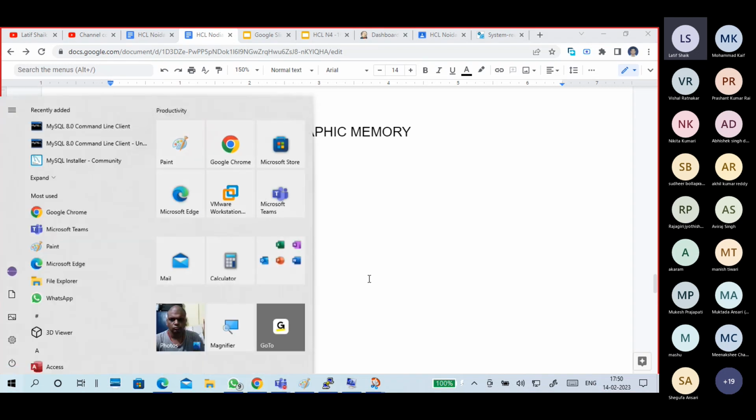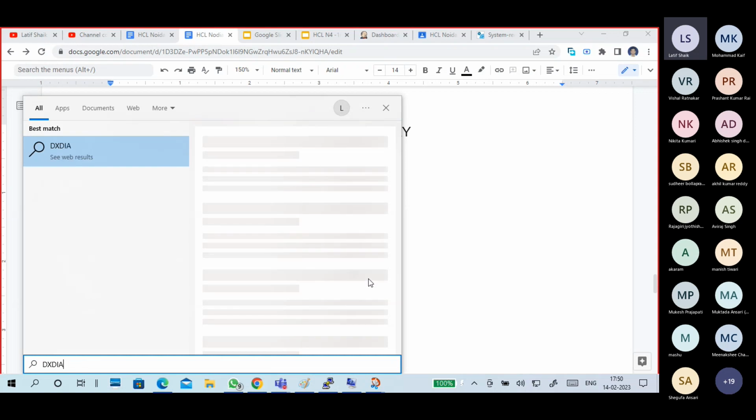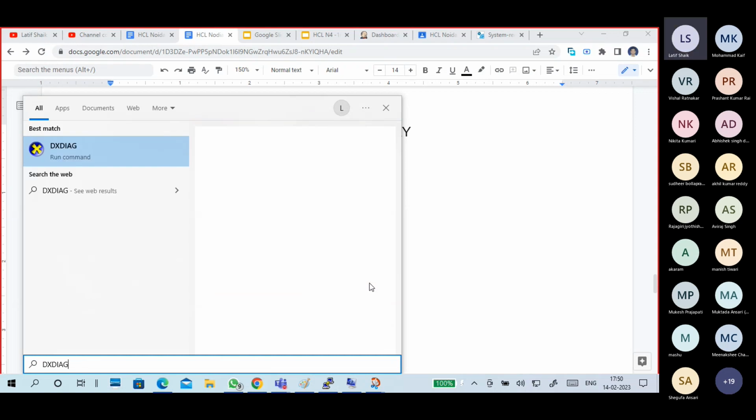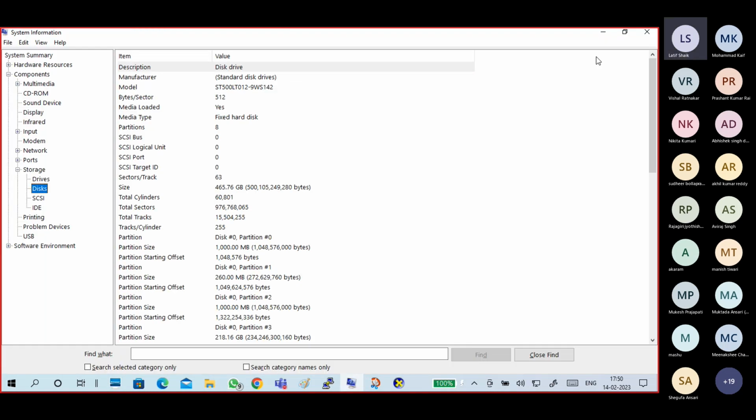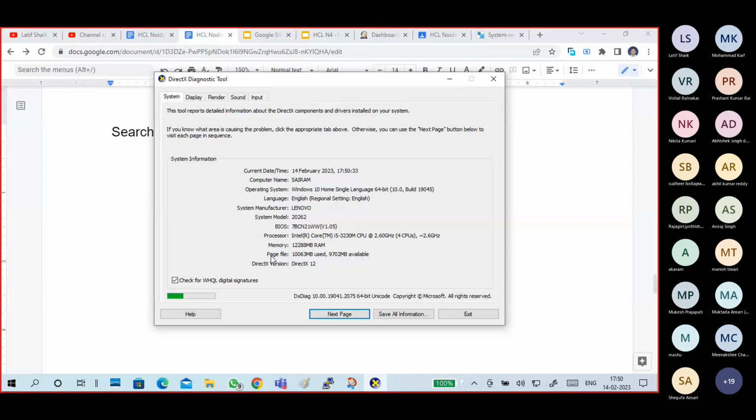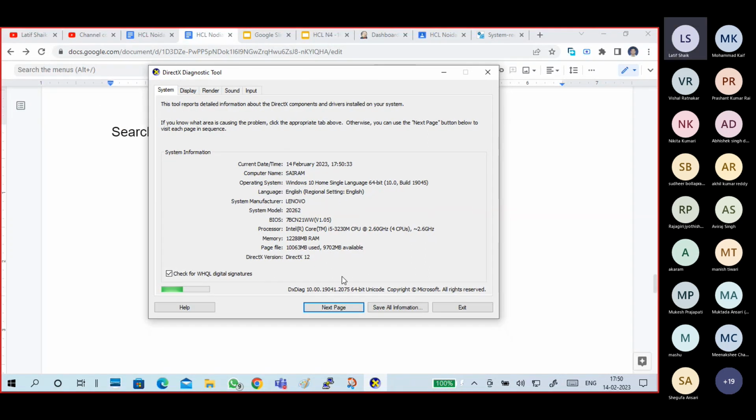So I am going to search. So dxdiag. Okay, so simply search only. I open dxdiag. So I am closing this. See, this is my dxdiag.